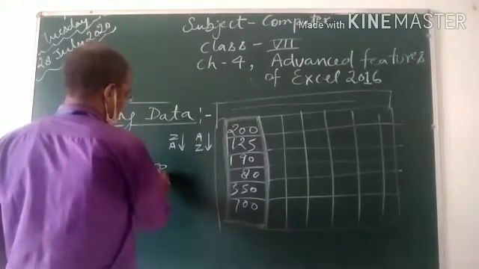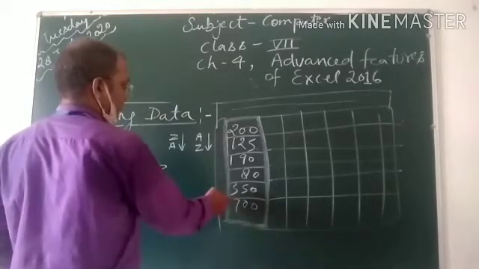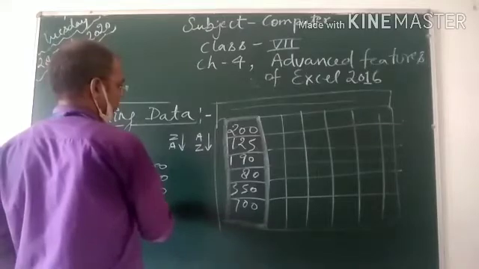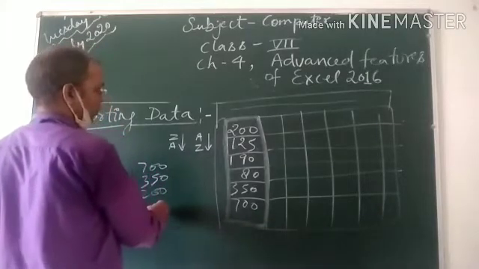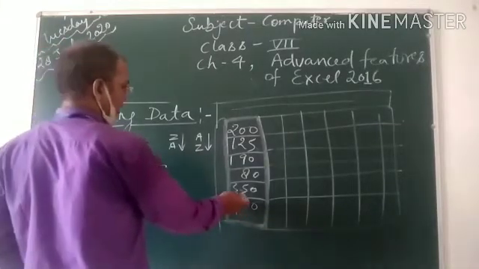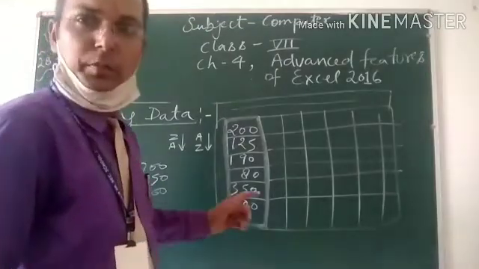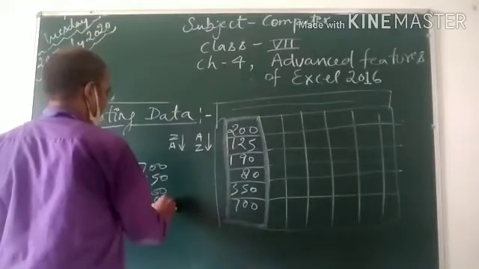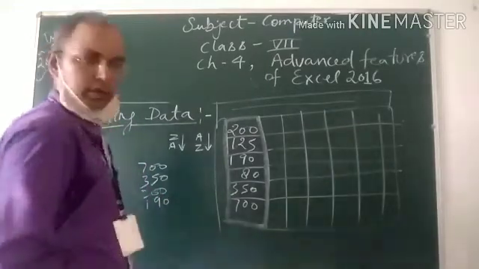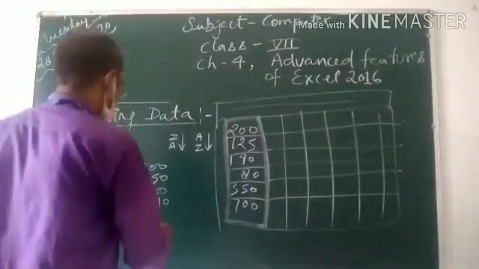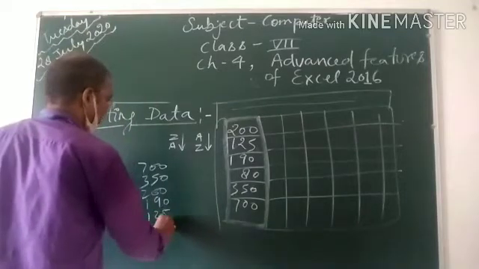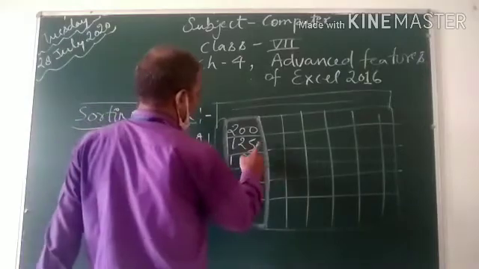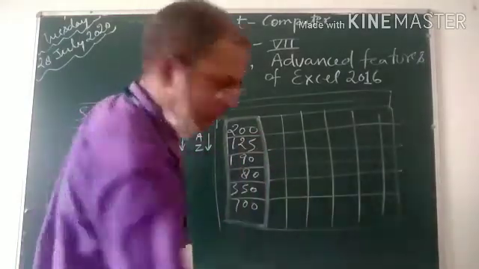Same 50, 200, 350, 200, 190, 125, and 1, 2, 3, 4, 5, 6. Okay. So,